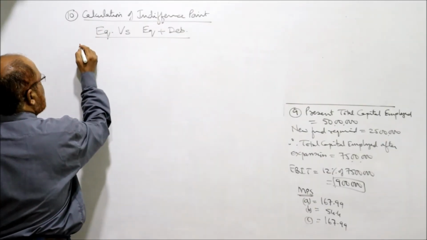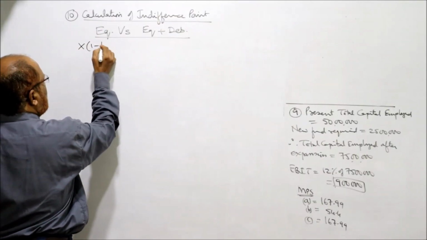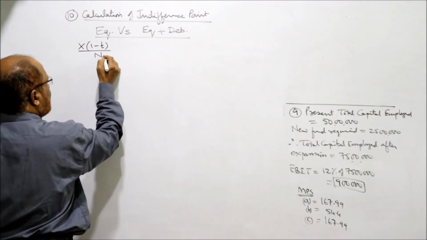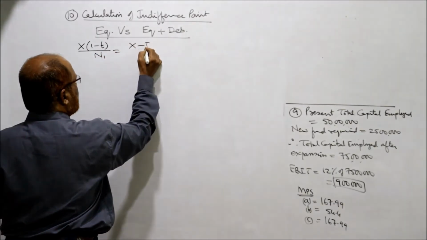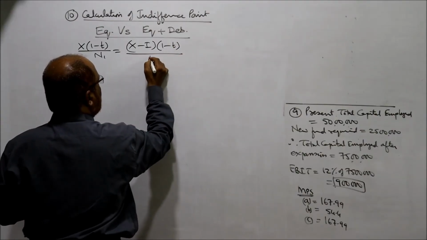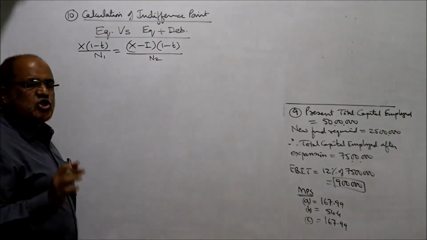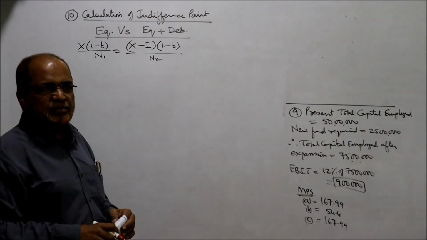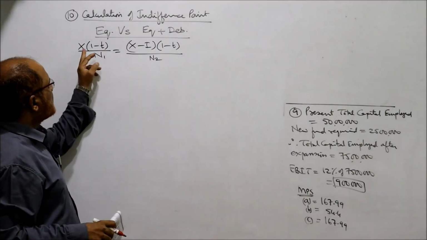So the formula is X into (1 minus t) by N1 is equal to (X minus I) into (1 minus t) divided by N2. जब भी इक्विटी वर्सेस इक्विटी प्लस डिबेंचर फॉर्मूला अप्लाई करेंगे तो X into (1 minus t) by N1